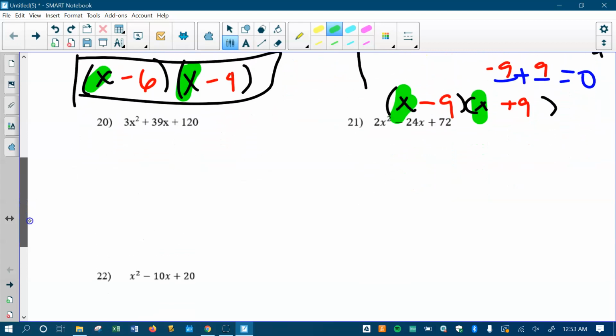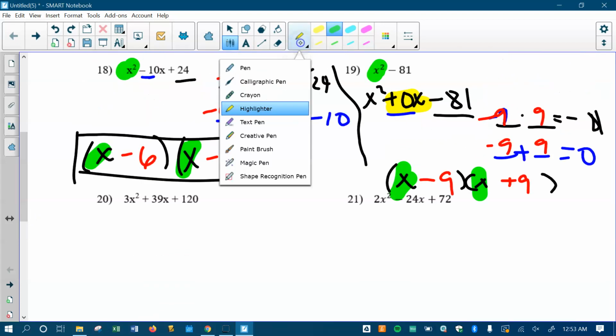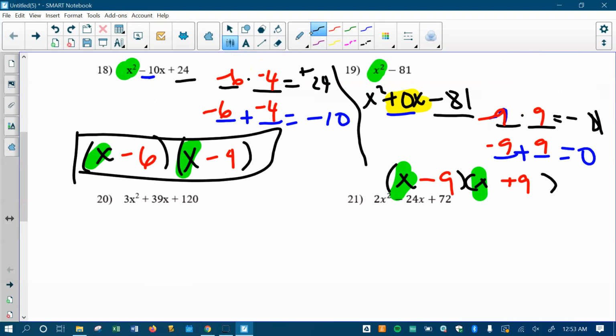Alright, let's go on to the last one here. Oh, and by the way, this is the answer here. I didn't box it in, but this is definitely the